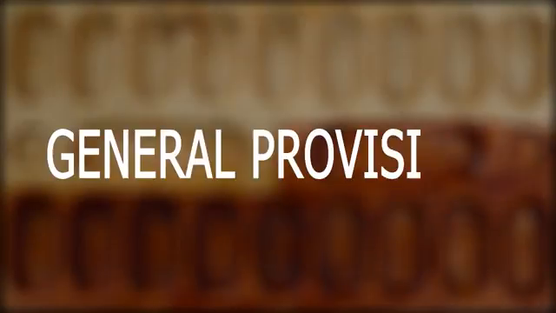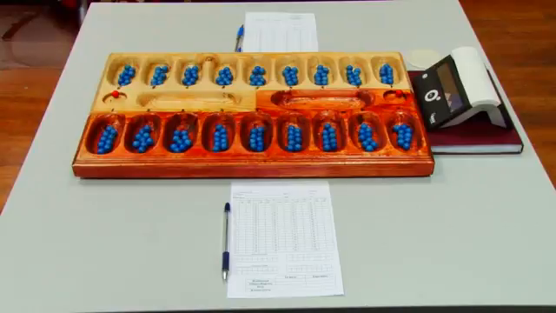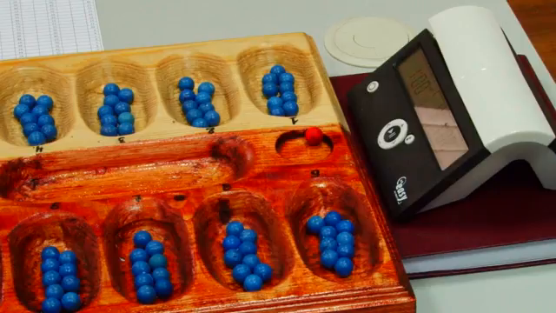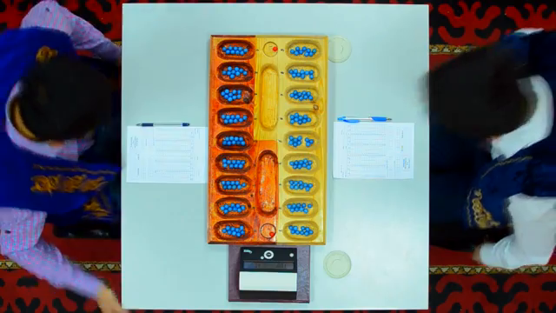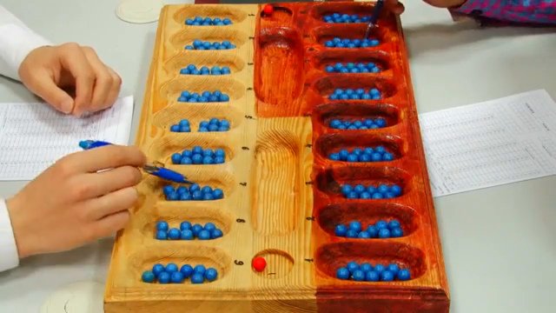Toguz korgool code. General provisions. Based on results of the lot drawing, players should occupy corresponding sides. Before the game starts, there should be a board, a clock, and a form to make records on parts of the game. Before the game starts, the players check the initial position and shake hands to demonstrate their rights to